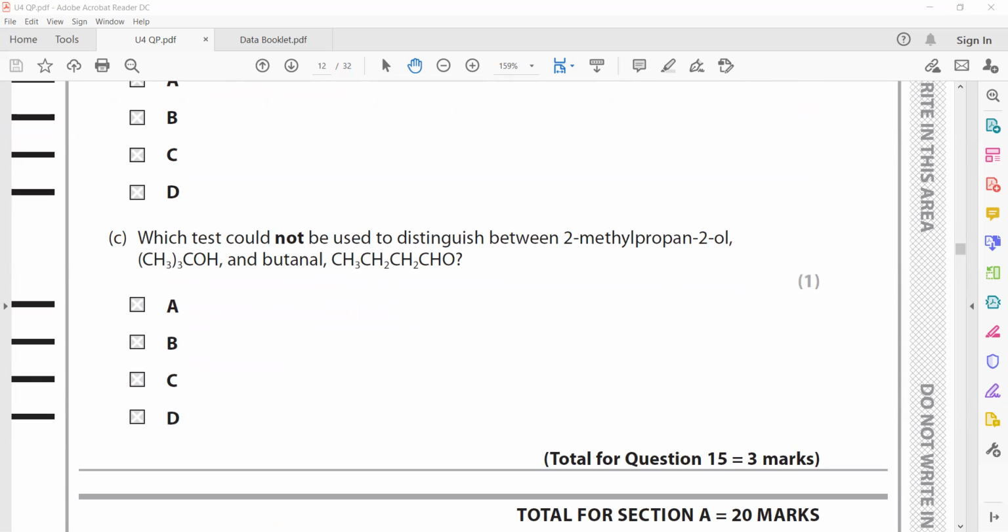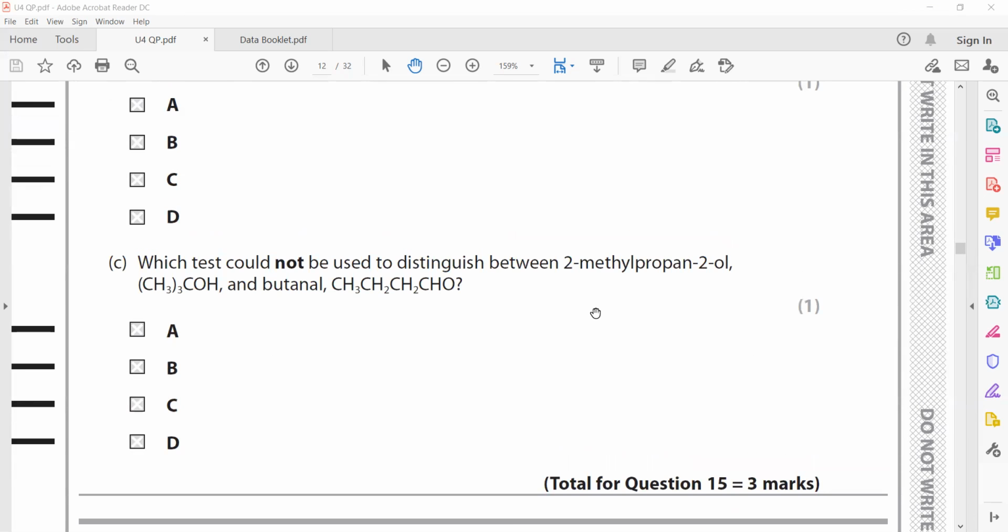The MCQs. Because aldehyde can be oxidized, secondary alcohol can also be